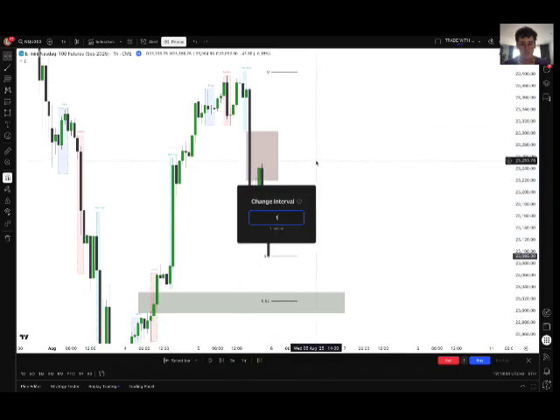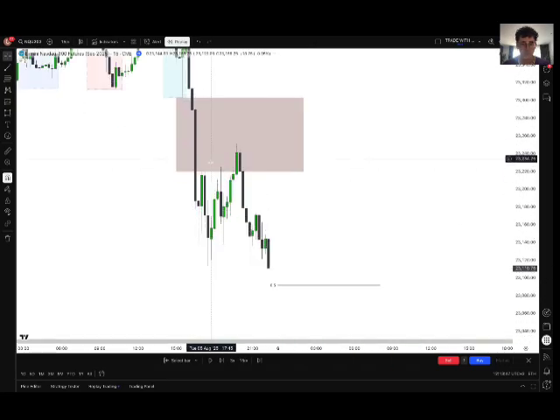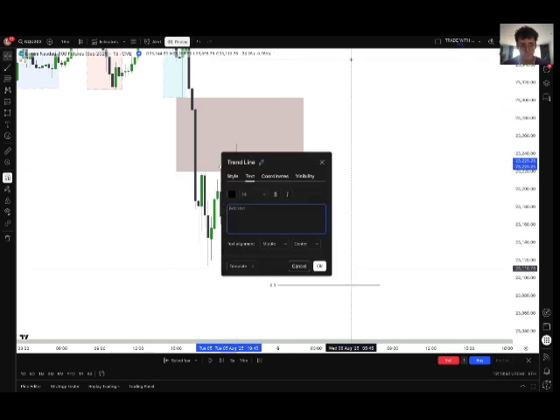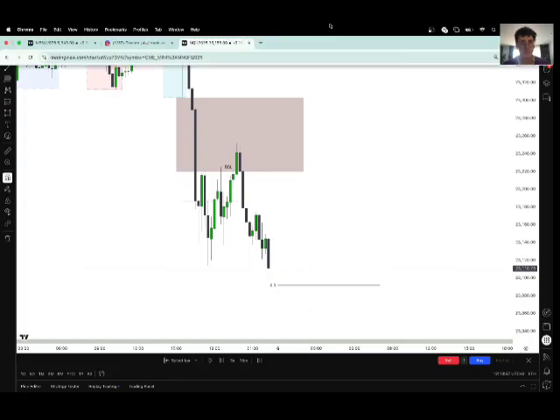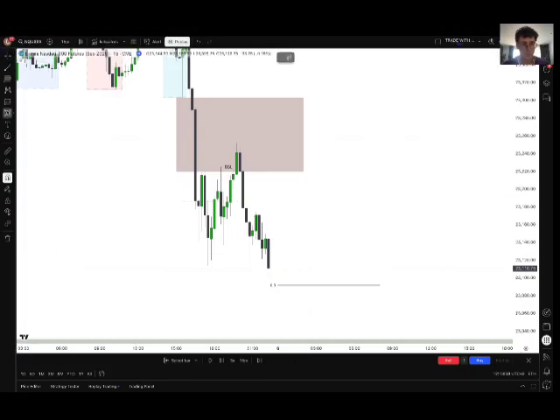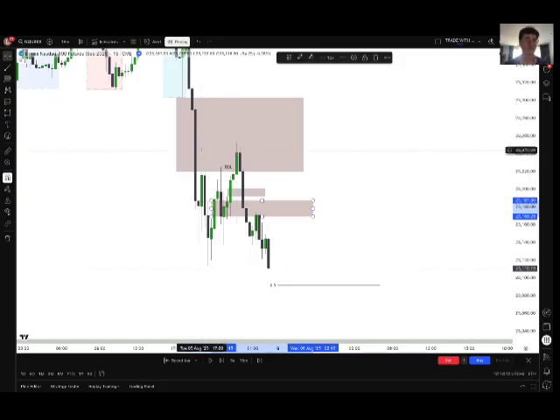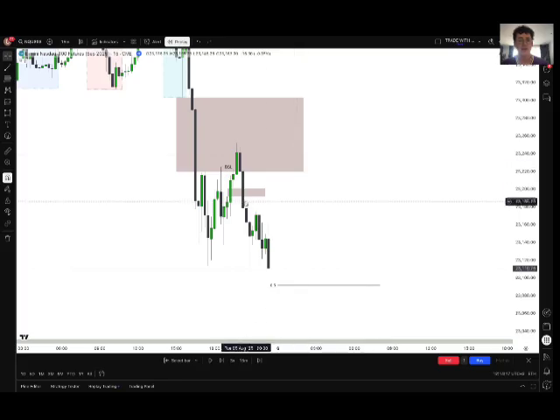Okay, now moving into the 15-minute time frame, at 8 p.m. we have swept this buy side. We started seeing a move lower, but obviously we were not inside the macro. I can see that we have inversed this 15-minute bullish gap, okay, and also this 15-minute bullish fair value gap. So now we are respecting the bearish order flow and disrespecting the bullish order flow, because we are closing below the 15-minute bullish gaps.